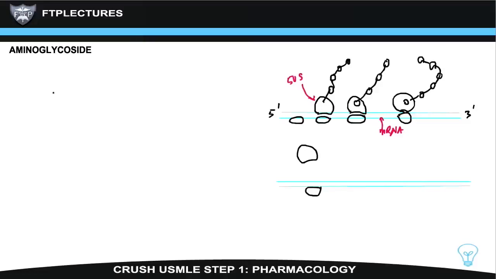Welcome to Crush USMLE Step 1 Pharmacology lecture, in which I'll be talking about aminoglycosides, also known as protein synthesis inhibitors. Now, these drugs are known as protein synthesis inhibitors because they affect bacterial protein synthesis. Now, this is different from eukaryotic organisms such as human beings, because these drugs do not work on the ribosomes